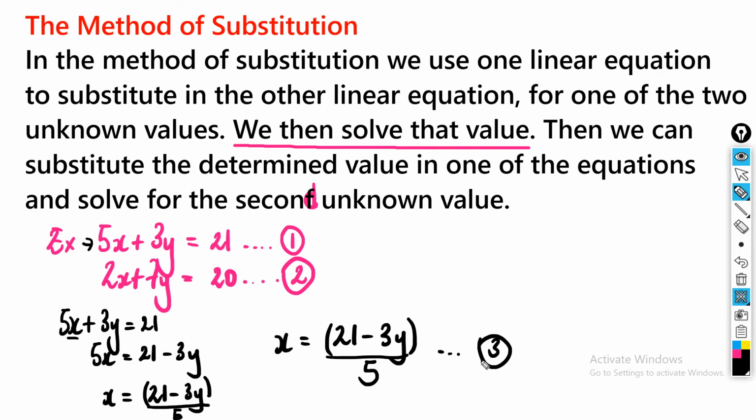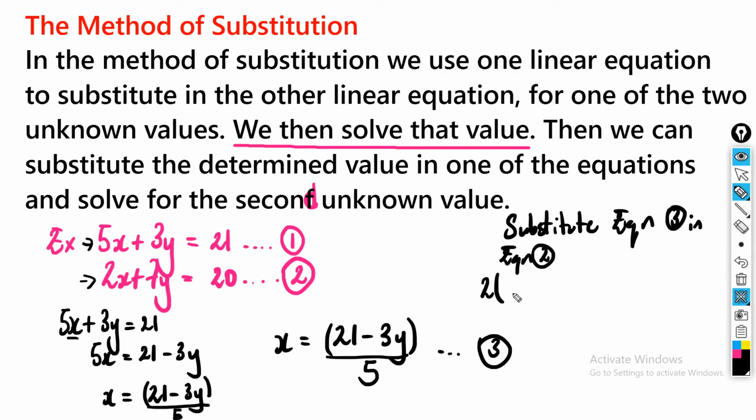And what I'm going to do here, guys, is substitute equation 3 in equation 2. So I'm going to put this x in here, in equation 2. So I'm going to end up with 2 times 21 minus 3y over 5, right? Plus 7y is equal to 20, right? And then this is going to end up giving me,